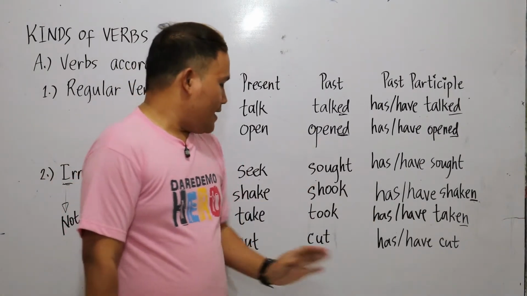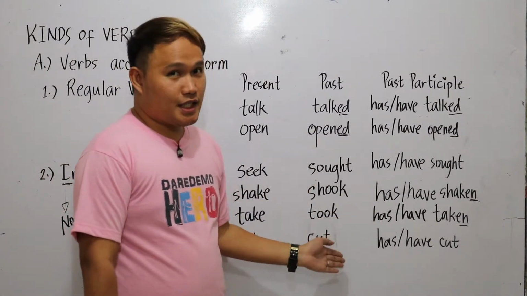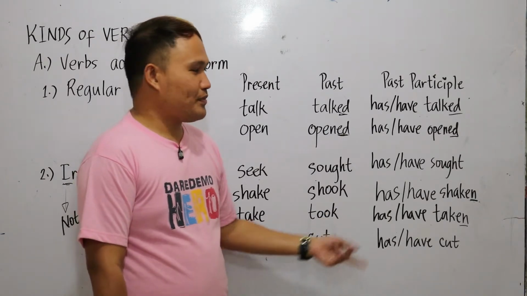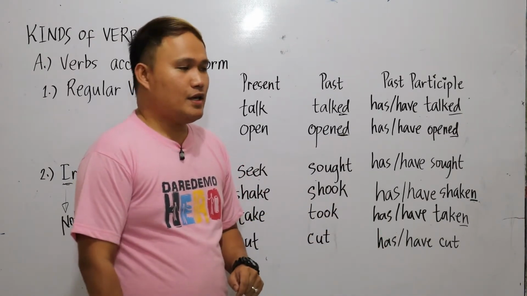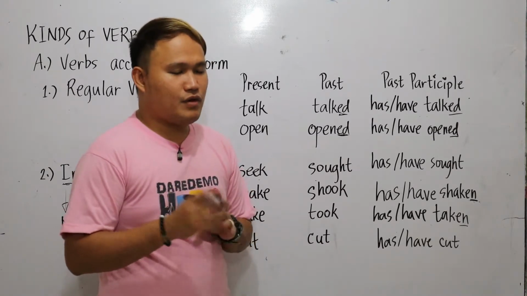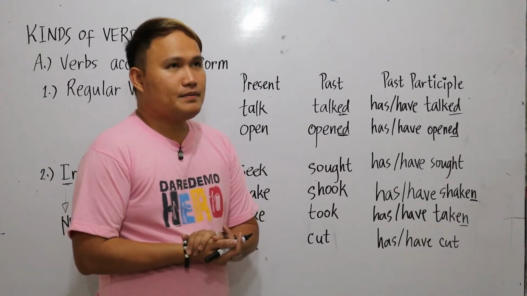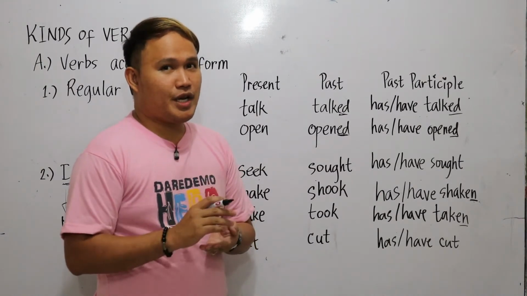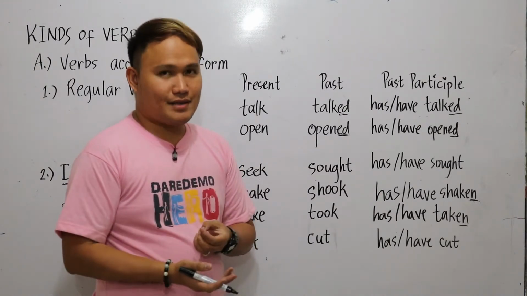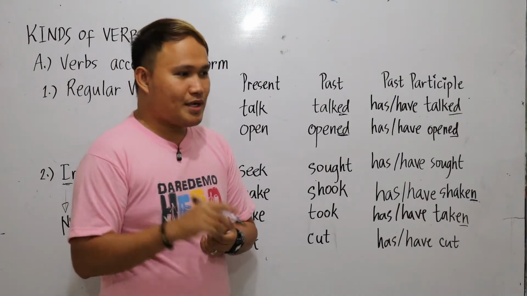You don't say cut, cutted. No. Has or have cutted? No. That's wrong. Okay? So there are actually several words that we can use where the spelling will not be changed if we're going to transform that one to past tense or past participle. Another example is